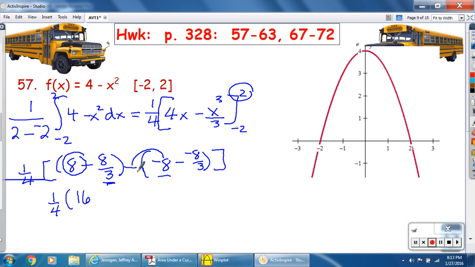Then I have negative 8/3. This is a positive, so negative 8/3 minus 8/3 is negative 16/3. And that's going to give me 1/4 of 16, which is 48/3, minus